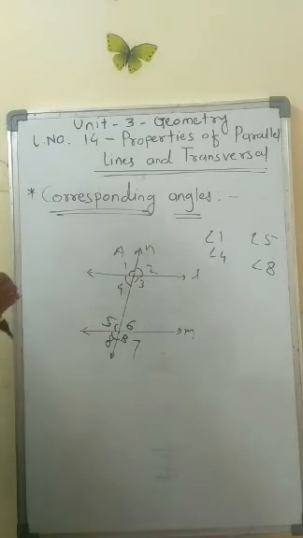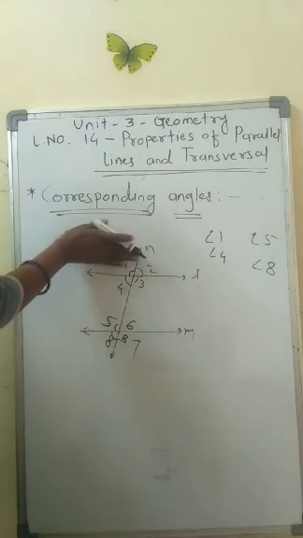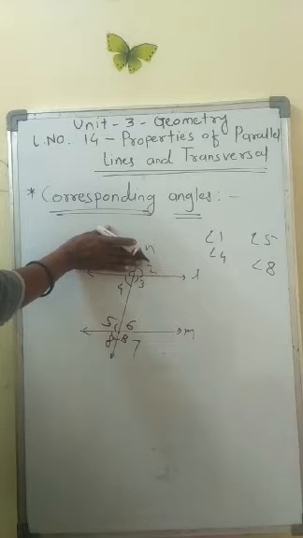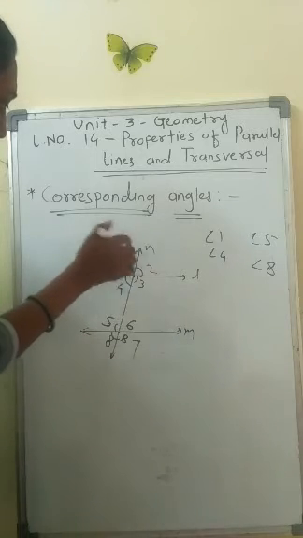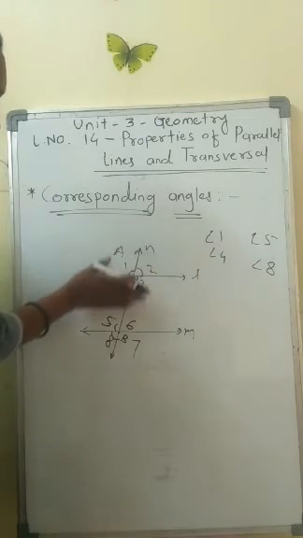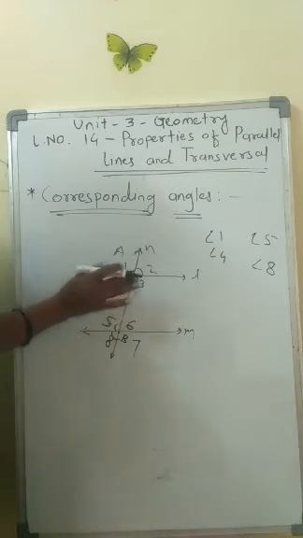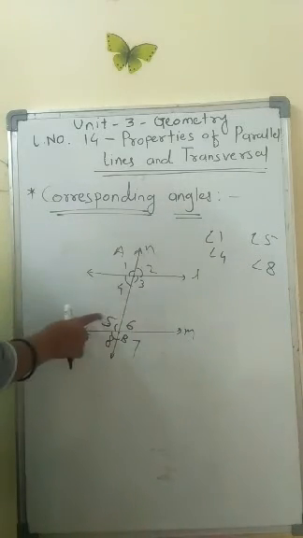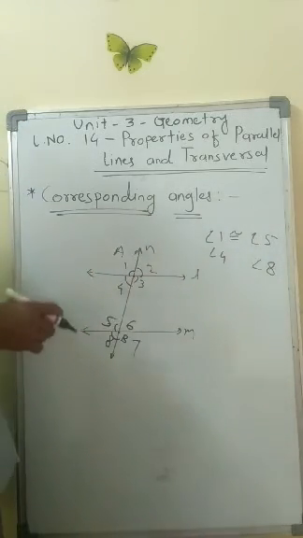Okay, and now the same side on the parallel lines. It means that if you find the corresponding angles, then you have to take angles which are on the same side of the parallel line. Look here. If it is the above side of one parallel line, then on the other parallel line also you have to consider the angle which is above. It means that angle 1 and angle 5 are the first pair you get of the corresponding angles. And what about the other pair?